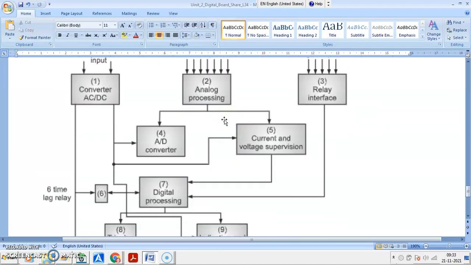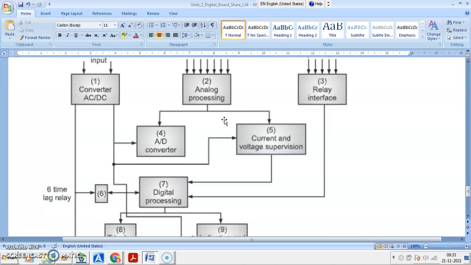By observing the combination of these two diagrams, you will be able to come across the working and construction of the static relay. Normally the AD converter converts an analog signal into a digital signal, or the AC to DC converter, that is the rectifier, converts an AC signal into a DC signal.